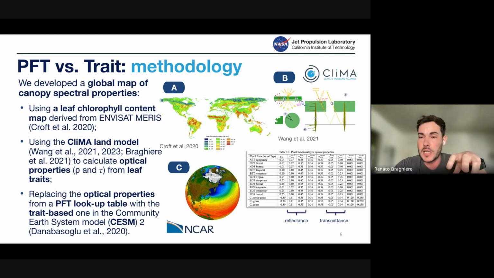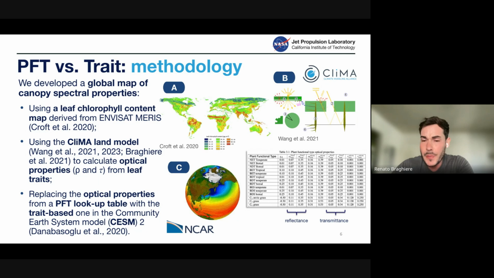And so we use the ClimaLand model to calculate the optical properties, leaf reflectance and transmittance in both broadbands used in CLM, to calculate these variables from leaf traits. And what we did was then replace that PFT lookup table that is shown here by the spatially represented map of optical traits, of optical properties of the canopy, and we ran the coupled